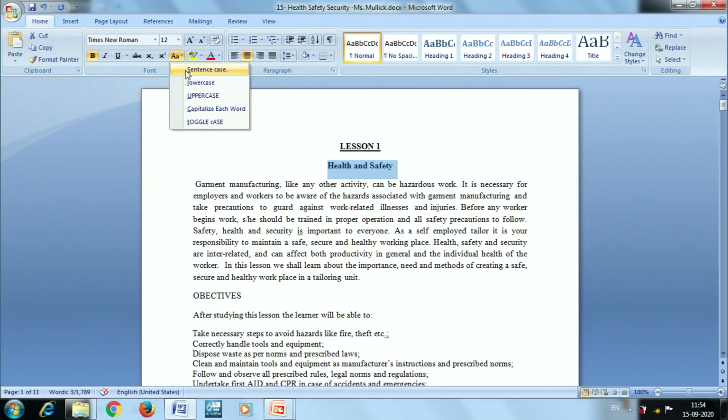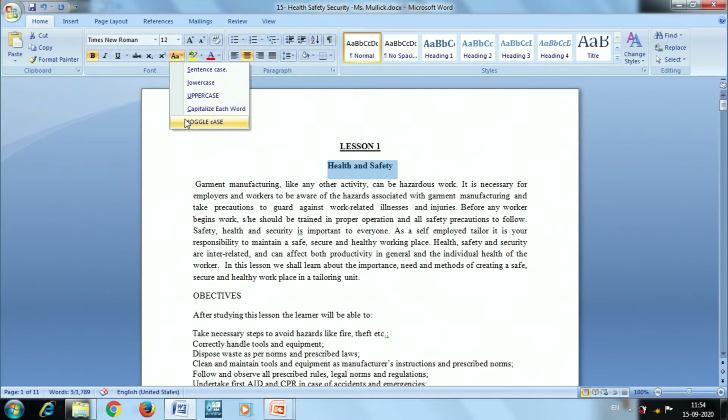This one is sentence case. As we know, if you use sentence case, the first letter of the sentence will be in capital and the rest of the content will be in lowercase. If you want all the content in lowercase, you can use lowercase. If I want to make my content uppercase, that is capital letters, I have to use uppercase. The other options are capitalize each word, which makes the first letter of each word capital.